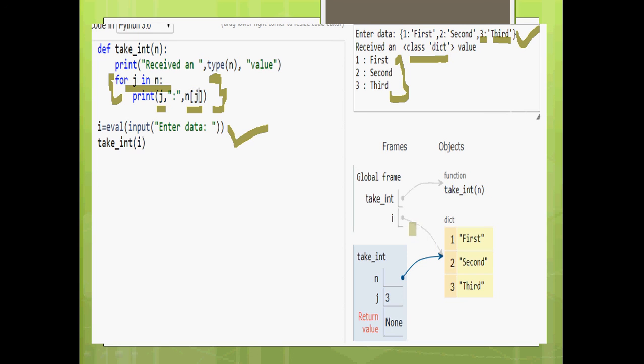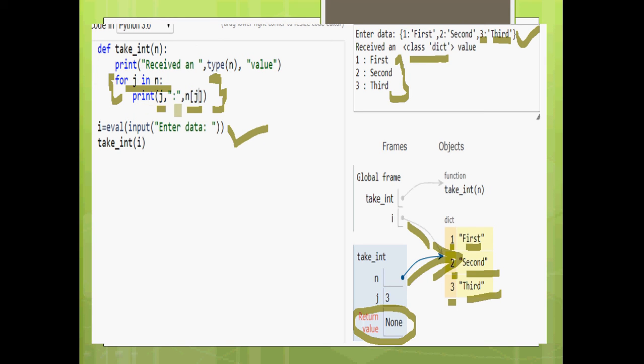So here also I and n are pointed to the same dictionary, and the dictionary is stored like this: key and value, key, value, 3, which is third. And also note that this particular function is not returning any value. Return value is nothing.